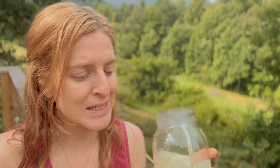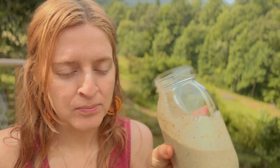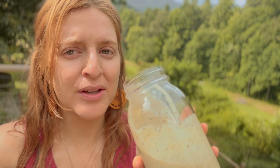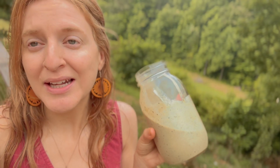This also has probiotics and vitamin D in it, and I put my kids' liquid vitamins in here as well. That is actually so good. Super refreshing. All right, so this is our drink for today, but I'm also gonna get a little breakfast, which